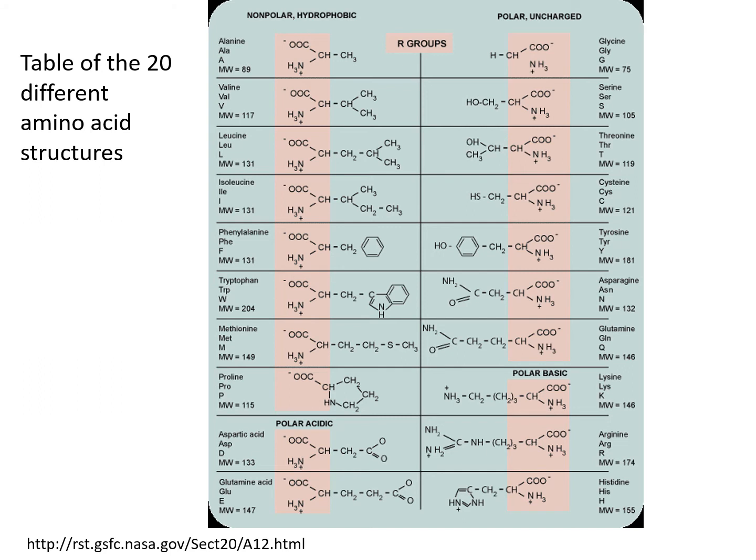If you look down here, aspartic acid is polar acidic. If you look over here, lysine is polar basic. So some are polar, some are non-polar, some are slightly basic, some are slightly acidic, and this all gives them different properties. So when that string of amino acids, the primary structure of a protein, folds into